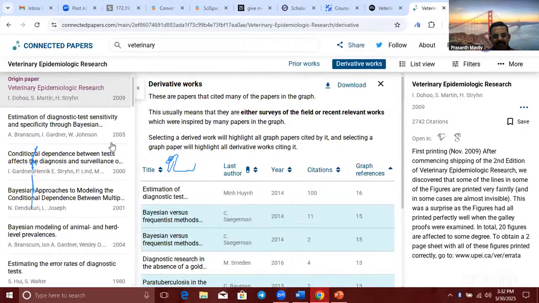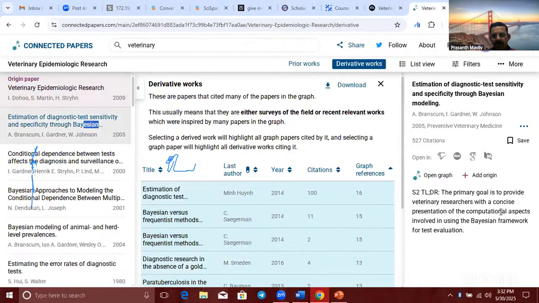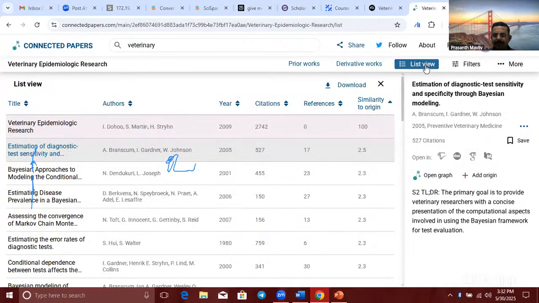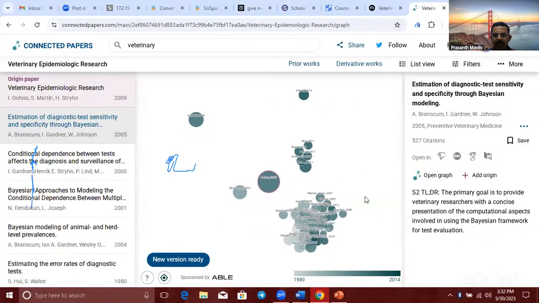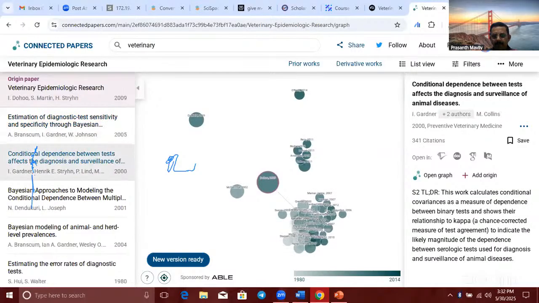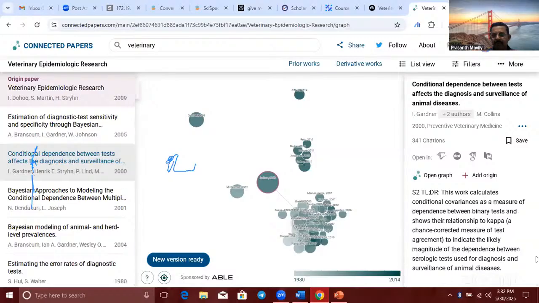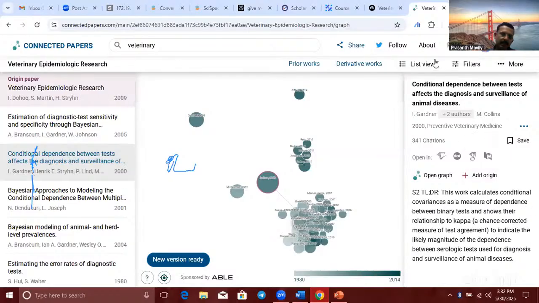And you can change the original paper also here. If you would like to read the papers, you can open them here. And so many options are there. See, the graph option is there. On the right side, this is a window. If you select over here, you can see the right side details about that article.